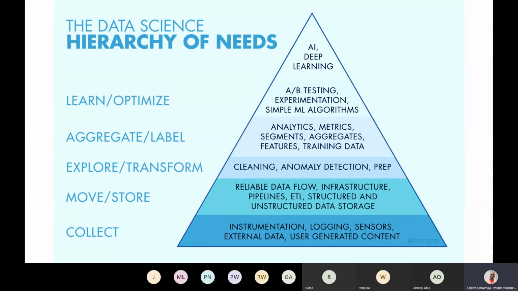So trying to automate some of the activities around decision making, notifications and alerts based on thresholds and KPIs that you've already defined at the labeling stage. So this is how you're supposed to look at it from that perspective when you're thinking about delivering artificial intelligence and machine learning from your applications.